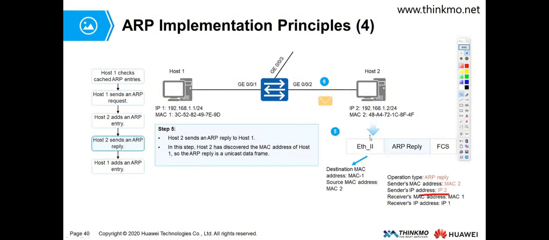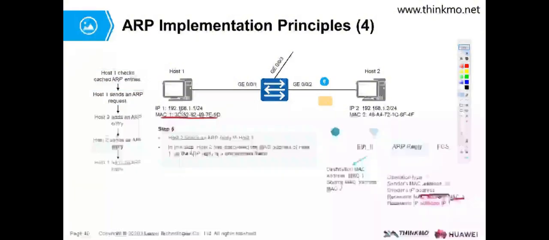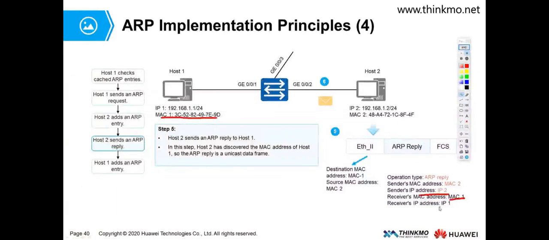In this case, the recipient's MAC address is host 1's MAC, which is MAC 1. I know this MAC 1 because you just sent an ARP request message that included your original MAC address, that is to say, host 1's MAC address. The previous ARP request packet also contains your IP address,